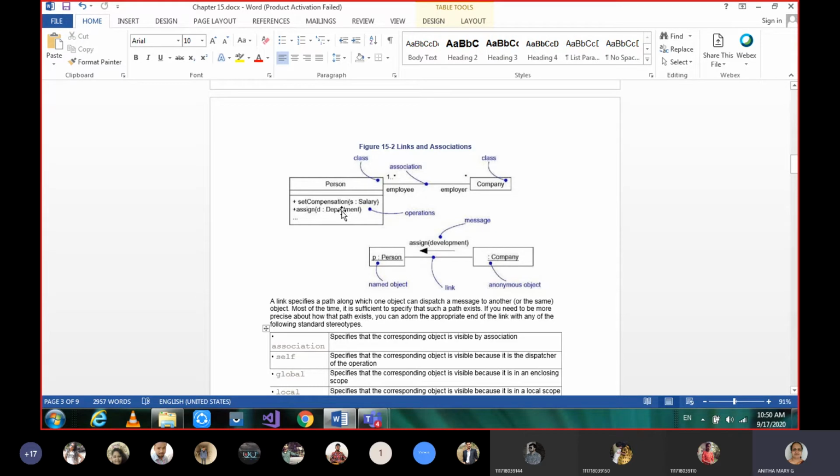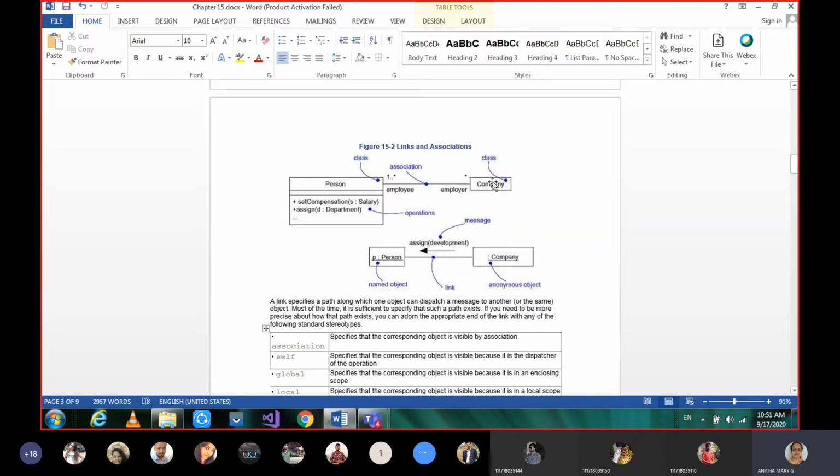But these classes' instances are objects, and objects give the relationship as a link. So the classes' relationship is association, and the objects' relationship is link. When we say an object is an instance of a class, similarly we can say a link is an instance of an association. Okay, that is exactly what this diagram depicts and conveys.